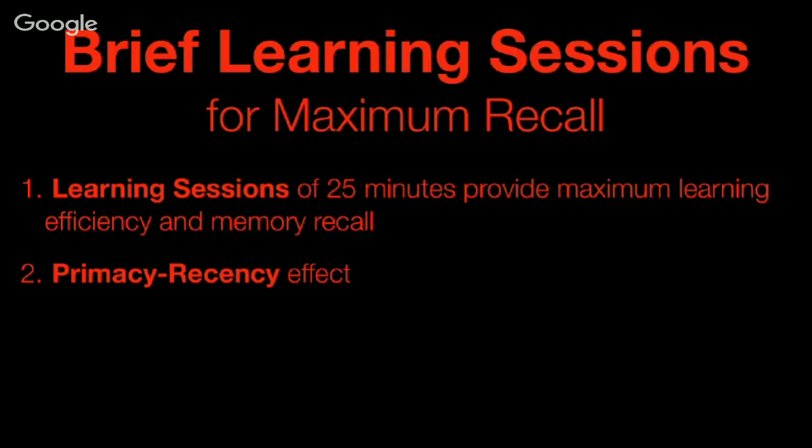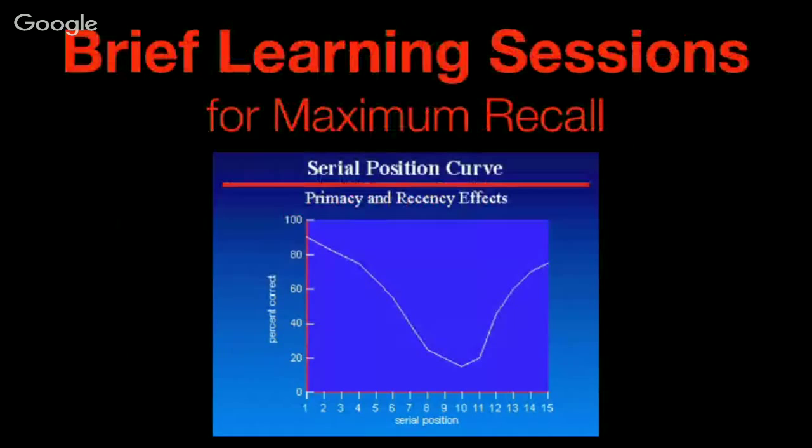This is all based on something called the primacy recency effect, which has to do with the place on a list of items dictating how much we remember it. So for instance, here's a serial position curve for a bunch of items or words. The first words or objects in that list are the ones that have the highest percentage of recall, and also the most recent items on the list have the highest percentage of recall. You can see that the recency effect there is almost as good as the primacy effect, the first items that are seen,